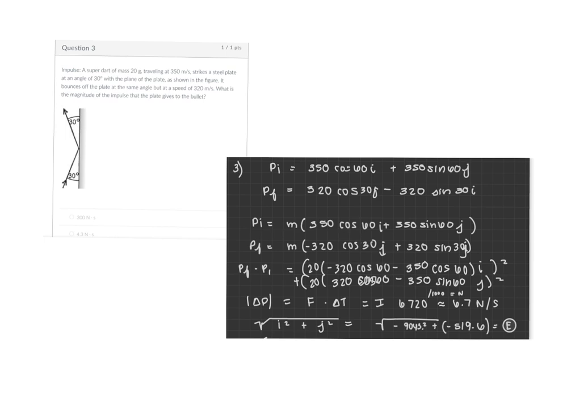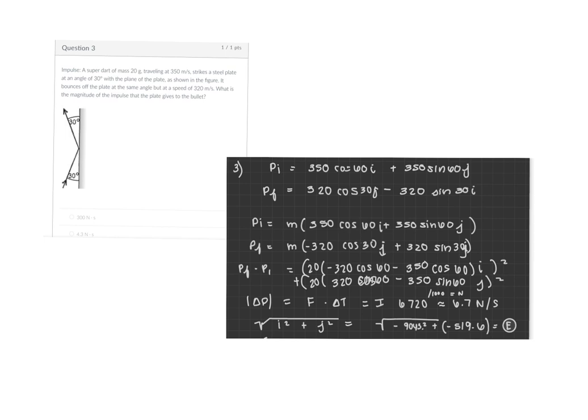So once we simplify that, we know that the momentum equals the force times the change in time, which is the impulse. So when we find first the magnitude, we have to get the square root of the i value and the j value, and each of those are squared, so that we have here negative 9,043 squared plus 5.19 times 6. The square root of that gives us